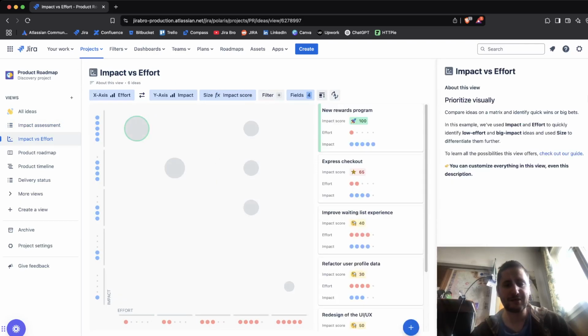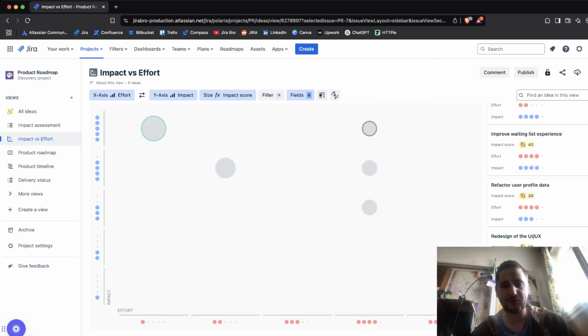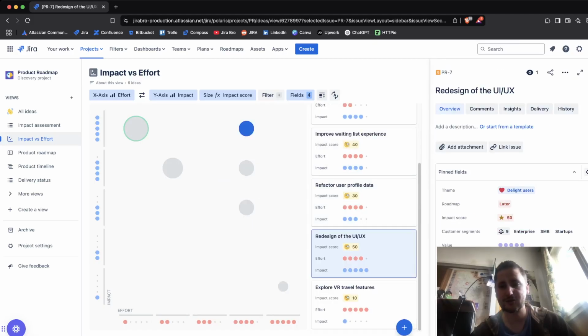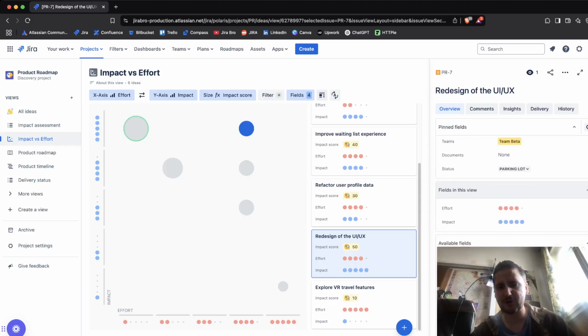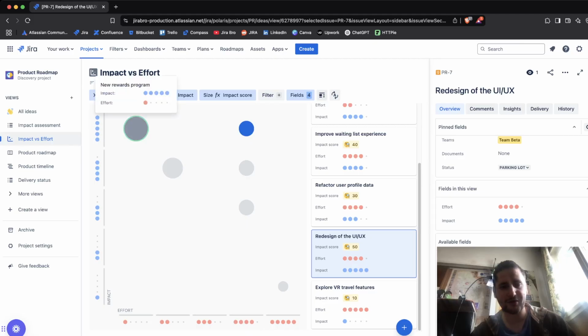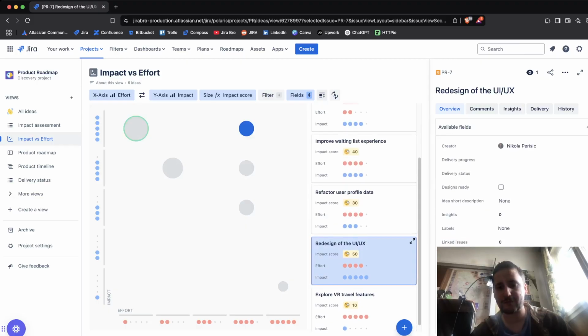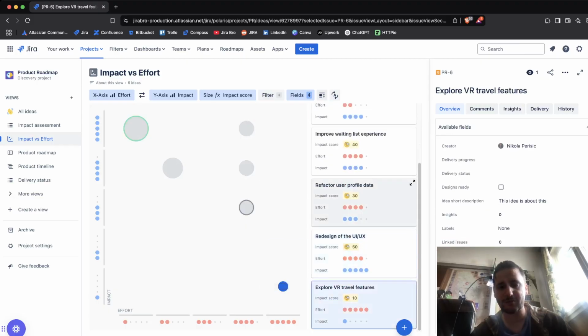Now also we have the comparison between the impact versus the effort, and if we go for our redesign here, we can actually see what is going on. So it's within the medium, and then it's actually within the high. So yeah, we can see how important it is. But for explore VR travel features, you can actually see how low